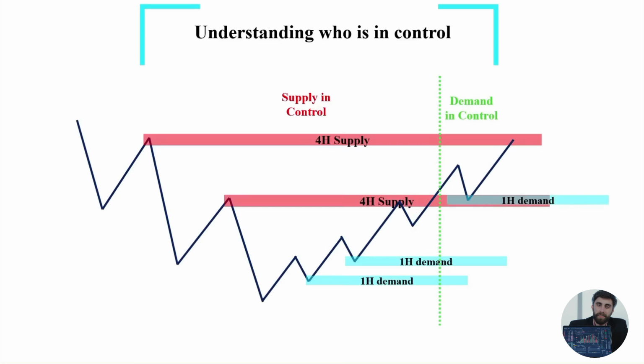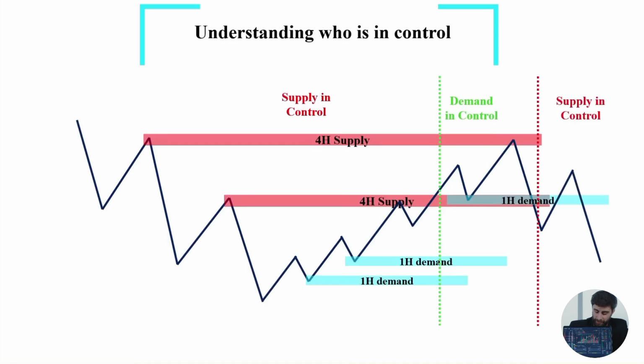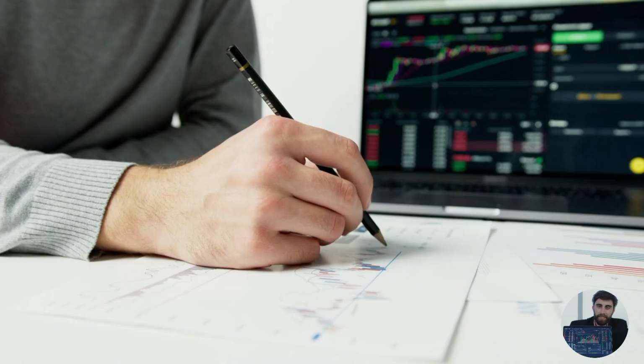And as long as we stay above the major demand zones, we have a bullish bias. But if we break the demand zone to the downside, we can establish the uptrend is over and supply takes control. Now that you understand the concepts of a smart money trading system, it is time to explain 3 of the